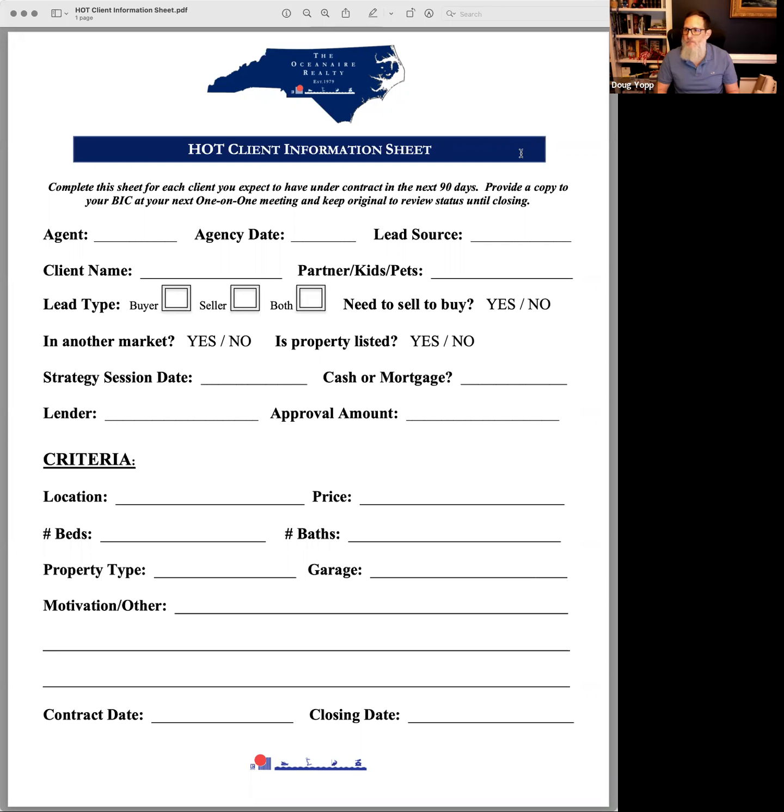100%. And then other than that, I would just say, don't fill these out and throw them in your desk and call it a day. You have to keep up with them, check them, see what's going on, and then you can evaluate maybe why you're not moving your pipeline down properly. 100%. This is just another tool in your quiver to help you make sure that you're attacking and moving your pipeline along